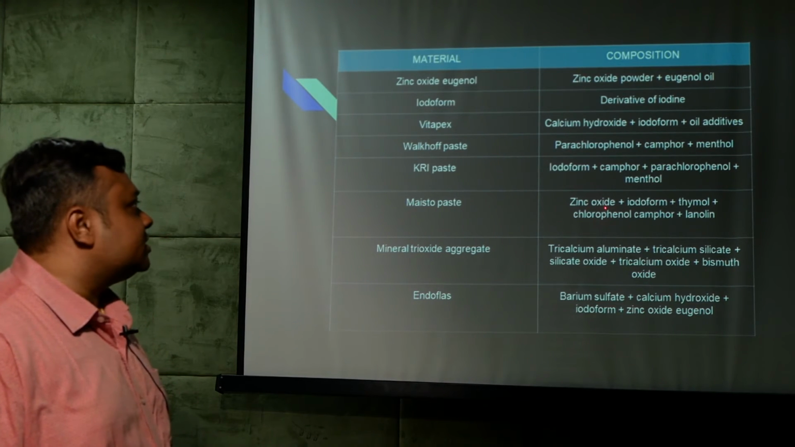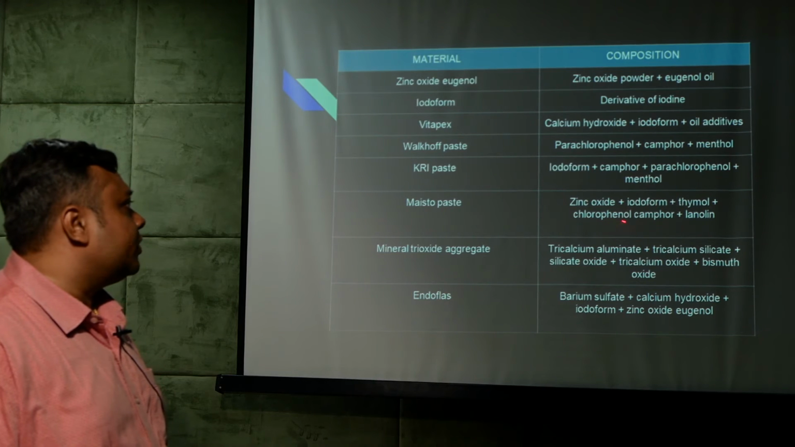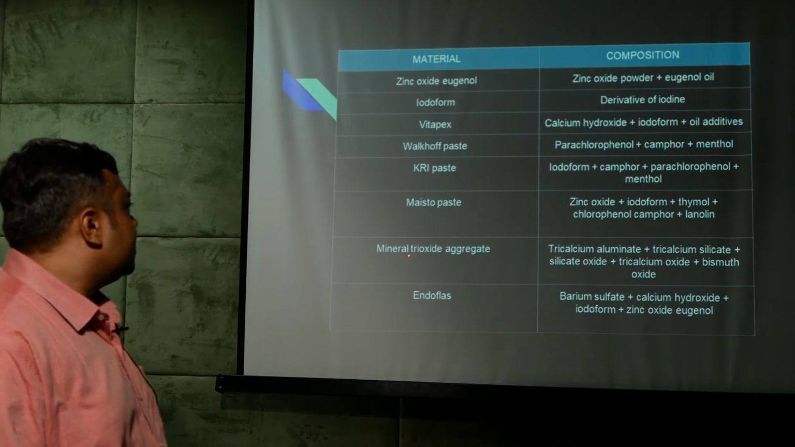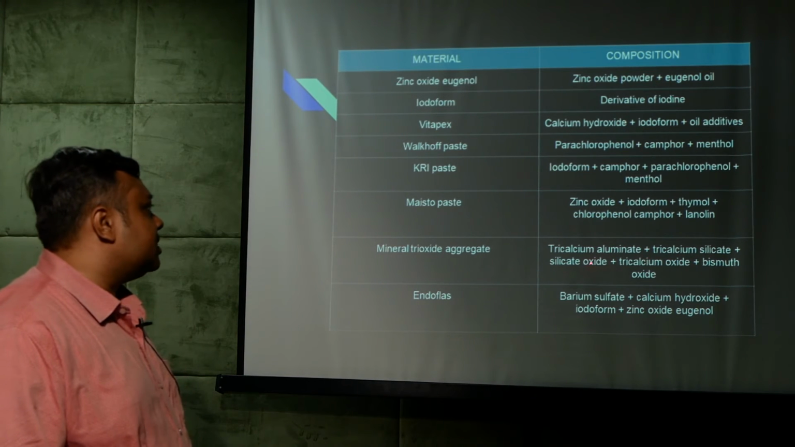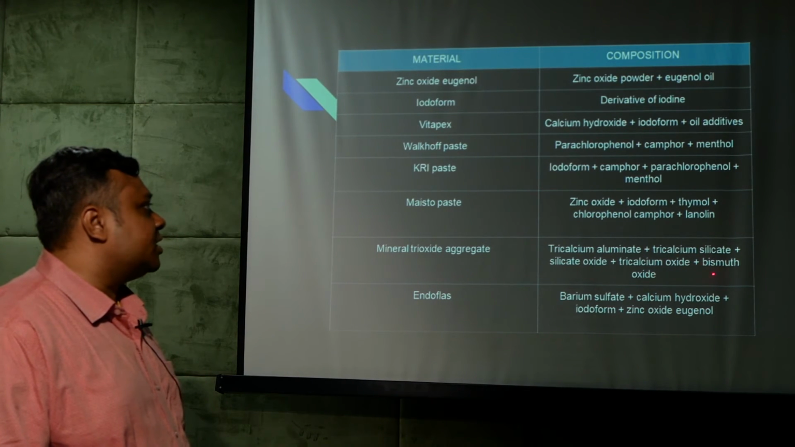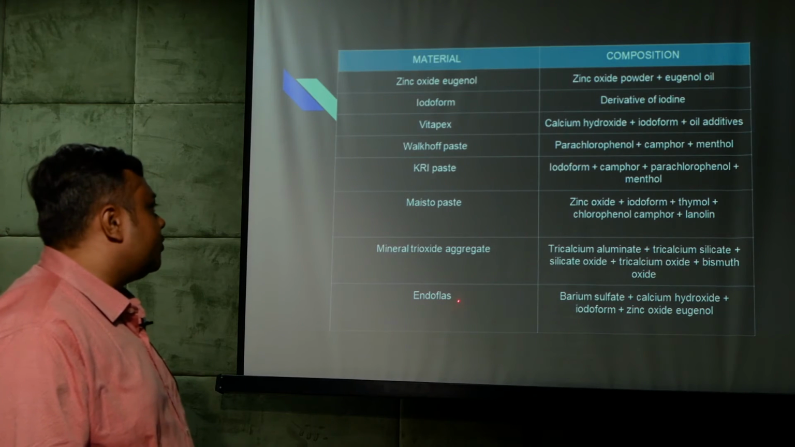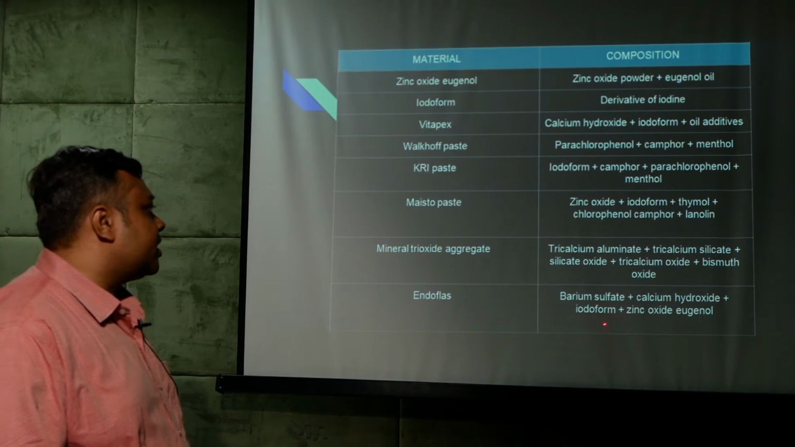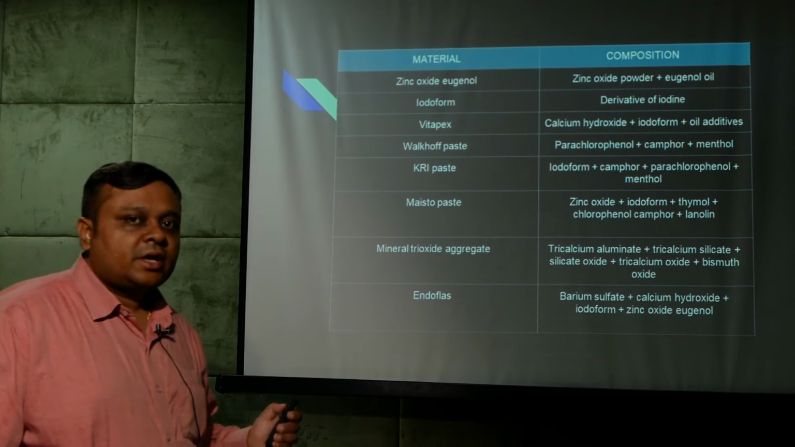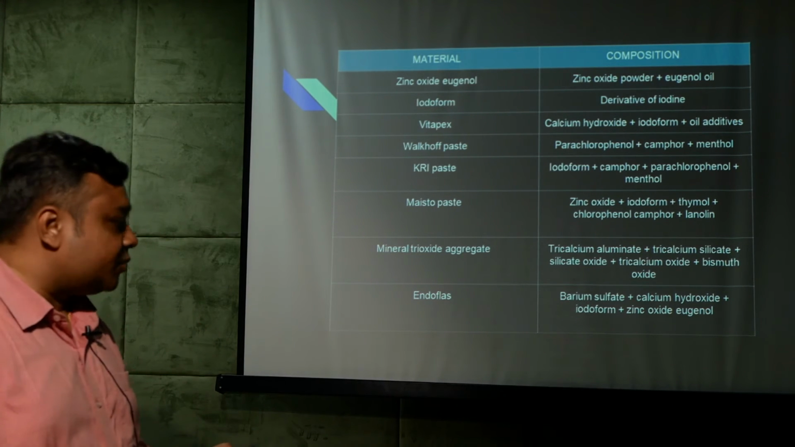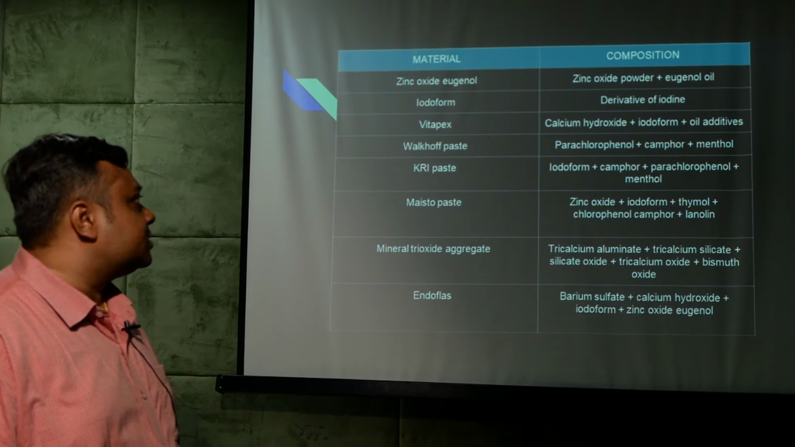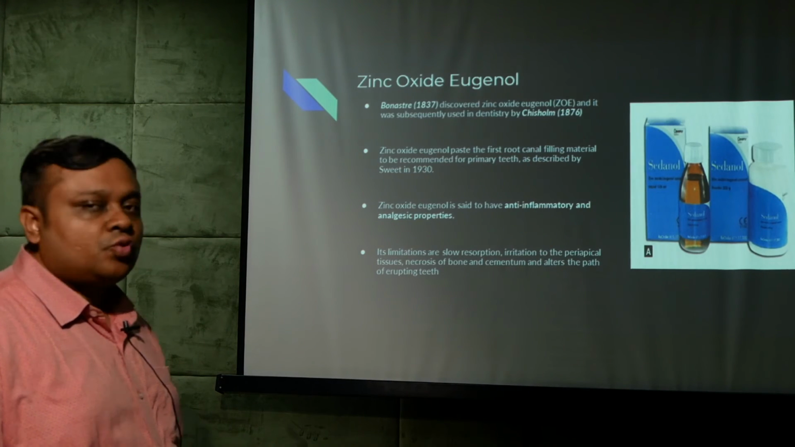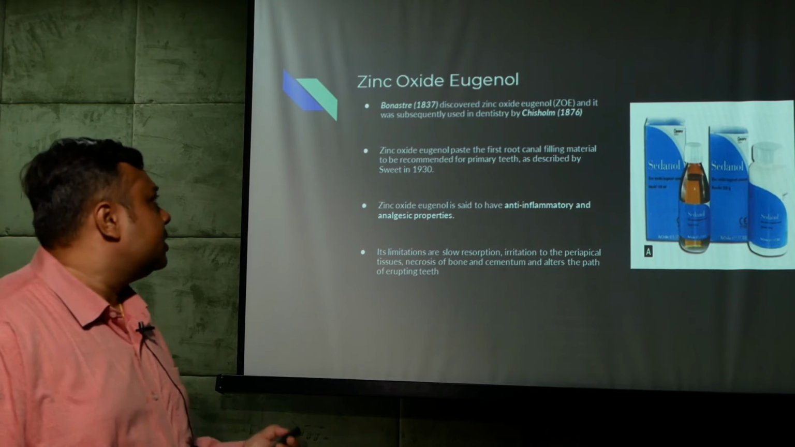Maisto paste contains zinc oxide, iodoform, thymol, chlorophenol, camphor and lanolin. Mineral trioxide aggregate, which is tricalcium aluminate, tricalcium silicate, silicon oxide, tricalcium oxide and bismuth oxide. And Endoflas, that is barium sulfate, calcium hydroxide, iodoform and zinc oxide eugenol. As you can see in the table, most of the materials are either zinc oxide eugenol based or calcium hydroxide based. So coming to the two most common materials which are recommended for obturation, the first one is